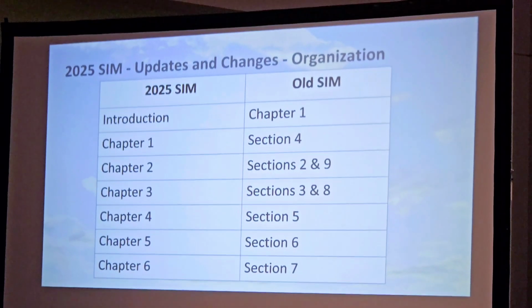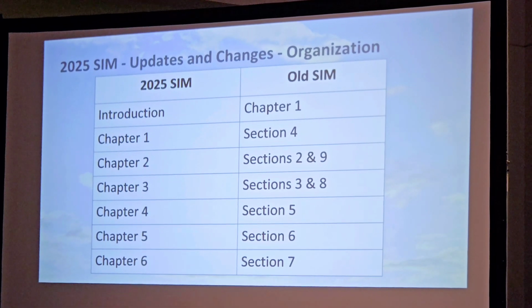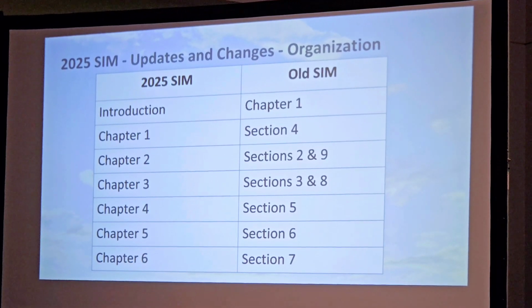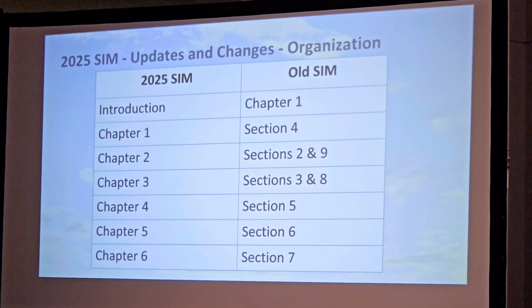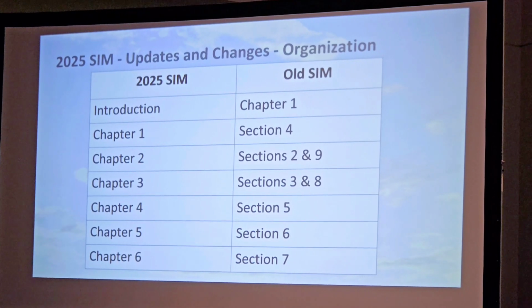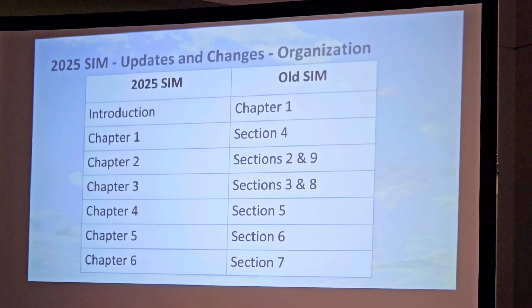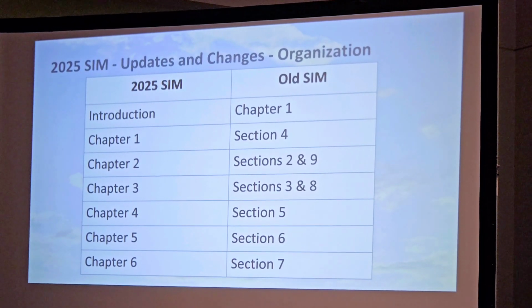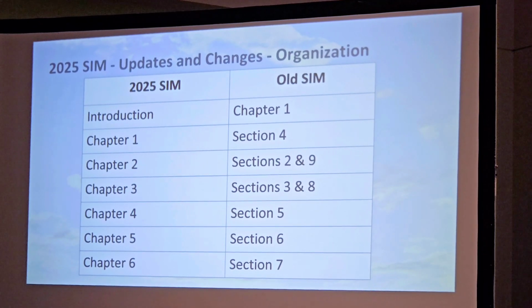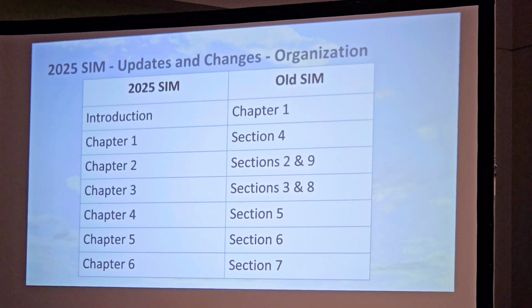We took Chapters 3 and 8, the membership and the awards, and we put those together. Those are the kinds of things that are relevant for members that they would need to access, but maybe not every day. And then we put QR codes to the applications for the awards. Because all of that is done online now, rather than having to say, here's the award, here's where you find it, there's QR codes and you can go apply for them.